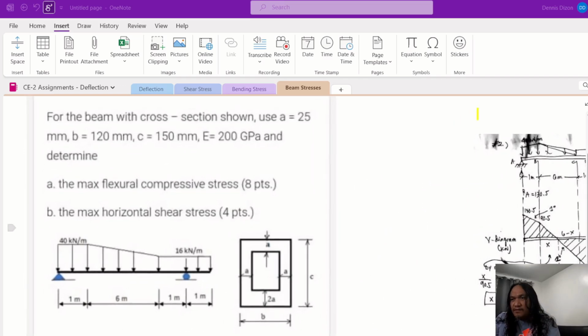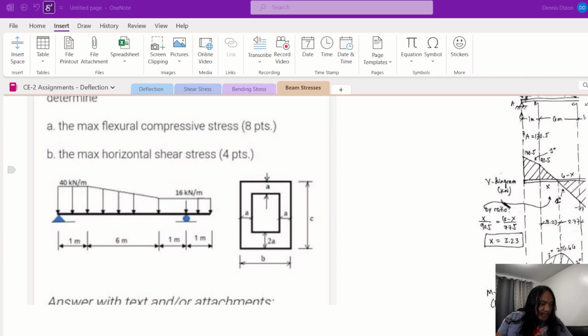So I hope it is clear. It says here, for the beam with cross section shown, use A equals 25 millimeter, B is 120, C is 150, then modulus of elasticity 200. So this must be a steel section. And determine A, the maximum flexural compressive stress, and then the next one is the maximum horizontal shear stress. Now, in his solution,